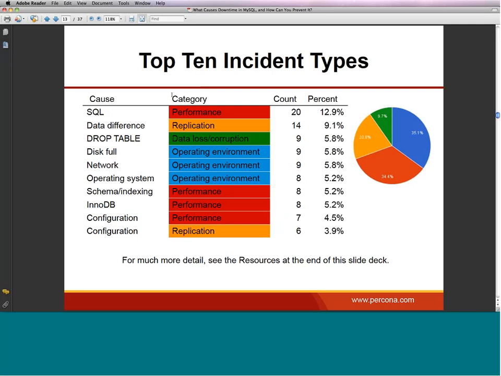So out of the 154, this sums up to 98 of the 154 cases, i.e. roughly 64%. So it's really the main reasons for